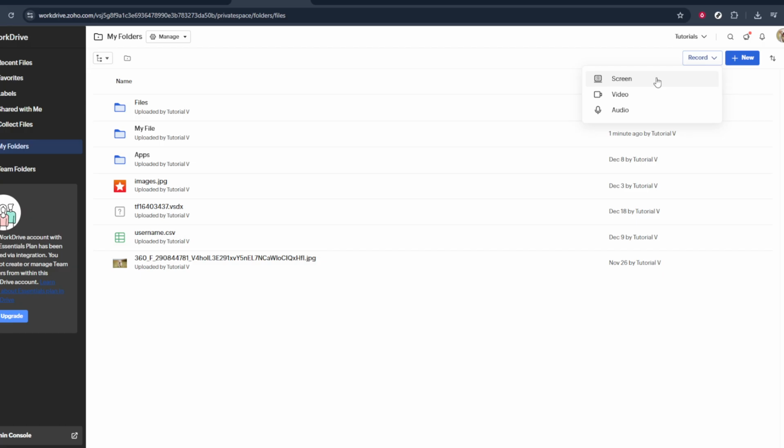Next, confirm any permissions that appear. Your browser may ask if you want to allow Zoho WorkDrive to access your screen, and in some cases, your microphone, if you're recording narration. Make sure you click Allow, so the recording can start properly. Once you've followed those on-screen prompts and confirmed your choices, your screen recording will begin. From here, just work through your demonstration as normal. When you're done, stop the